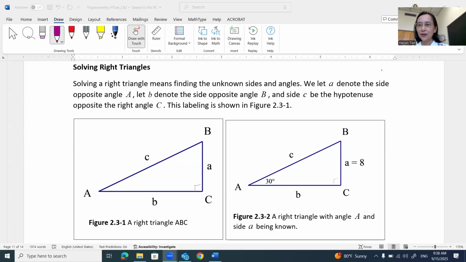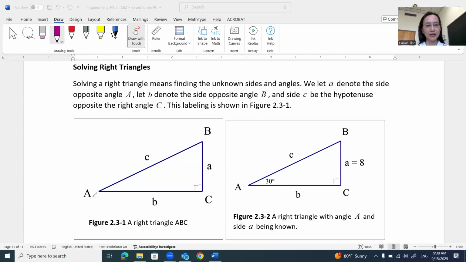Now we will solve right triangles. What do we mean by solving right triangles? That is, to find unknown angles or unknown sides. That is, for this given